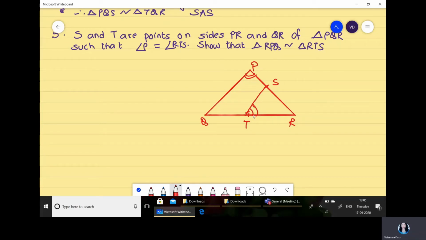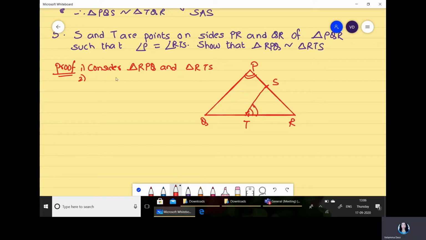So we find this angle and this angle are equal. Also, when we separate the triangles, you will find that one thing common in both triangles is angle R, which is the common angle. So these two triangles can be similar by AA. Writing the proof, half marks will be for the diagram. So consider triangle RPQ and triangle RTS. When it is asked to prove, this correspondence should never change.